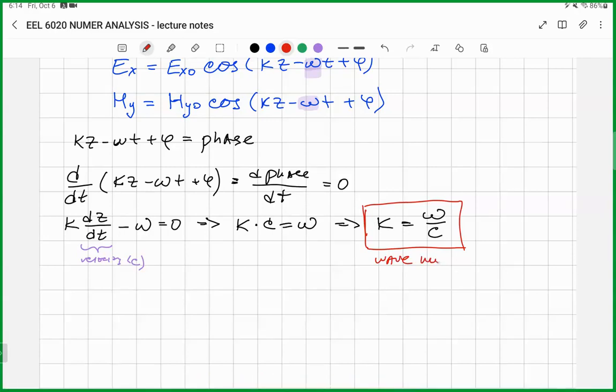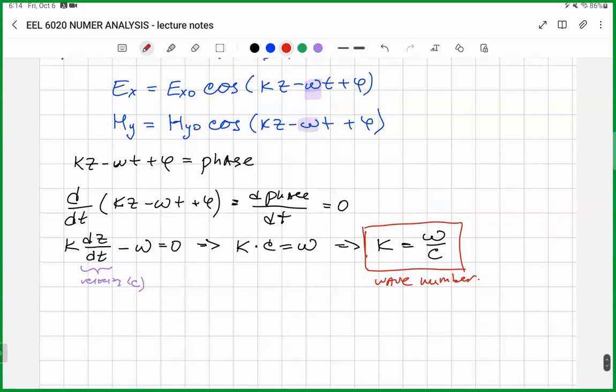Wave number, and it plays the same role as omega, as a frequency, because if you look at this